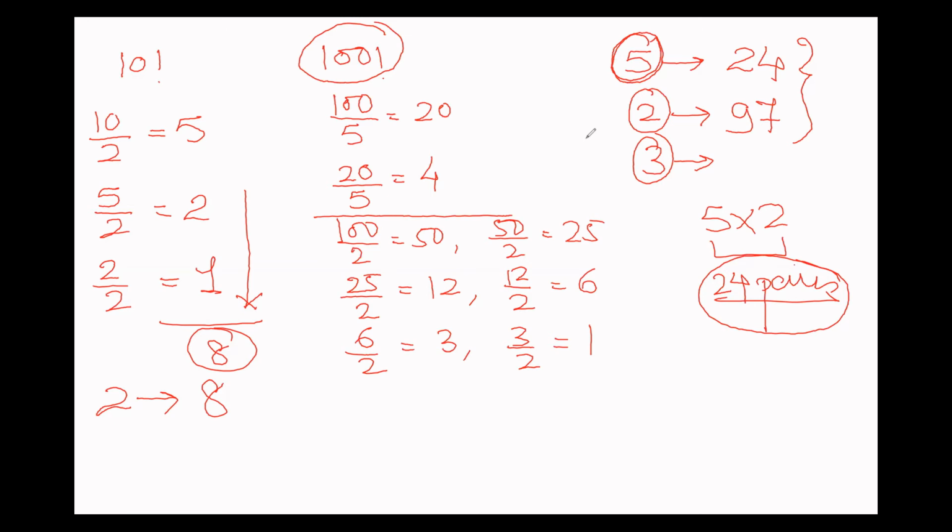Let us consider one more example. You will understand it much better. 125 factorial, how many 3's will be there? We have to find out the number of 3's. So start dividing 125 by 3. This will become 41, since 3 4's are 12, 3 1's are 3. Thereafter decimal, so leave that part.